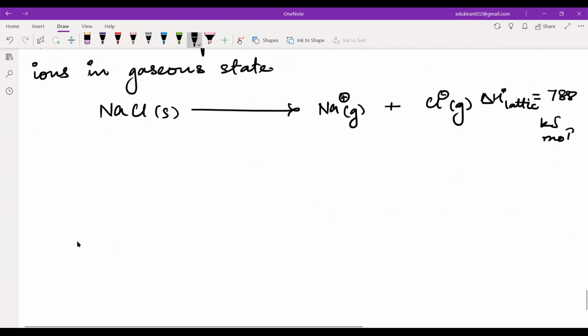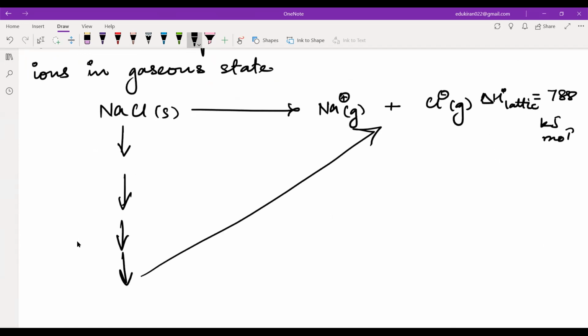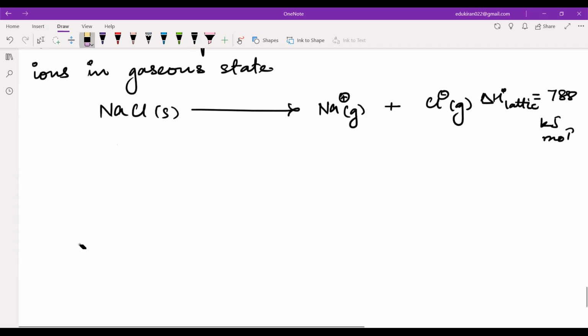So can I go from sodium chloride, by various steps, to sodium gas and chlorine gas? Is there any way that we can form this? Yes, there is a way. This is our target reaction,